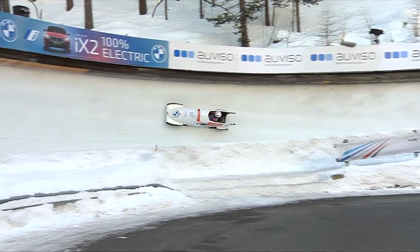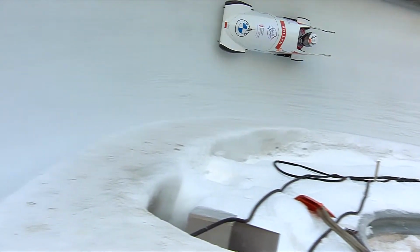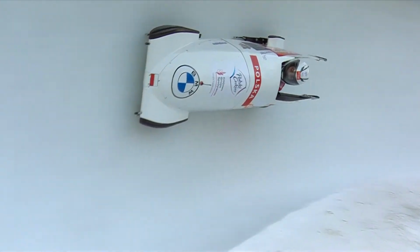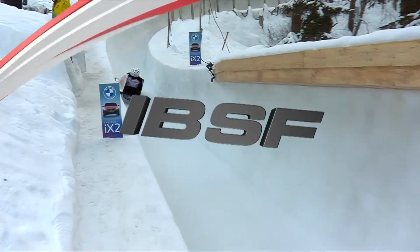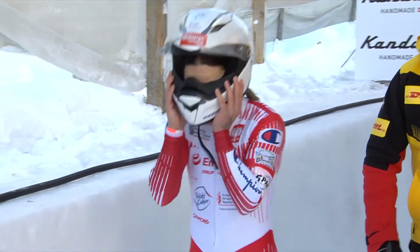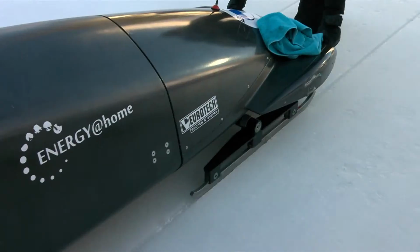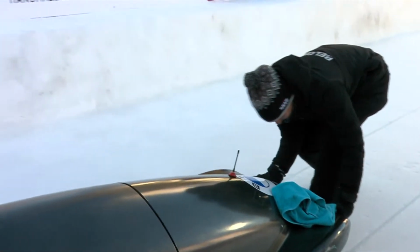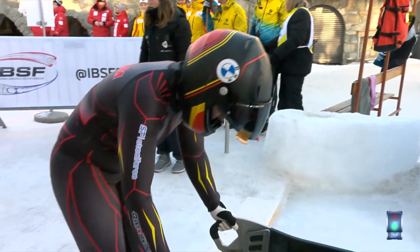So take a look here at Horseshoe. Medium line, not risking much. Holds it a little late. Nice smooth transition though. Does she bump onto Telephone? No, looked okay, but below that, more to do. Linda Wyszewski though in the top 10, tied with Adele Nicol of Great Britain, as we get to our second